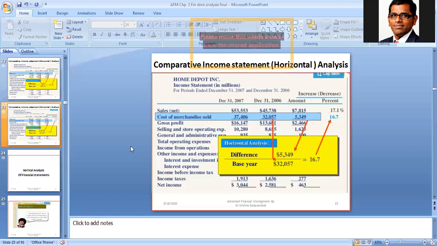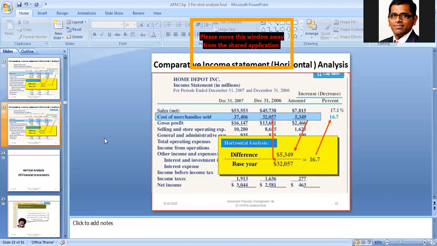That's why, like this, we can do the interpretation. It means the company is not managing well. Sales is increasing, but I think they are spending more expenses, in terms of traveling, in terms of direct expenses. Manufacturing cost may be more, and raw material cost may be more. That's why this cost is more. So it's not a good sign. So like this, we can do the interpretation of the income statement by doing a horizontal analysis. So this is good practice.